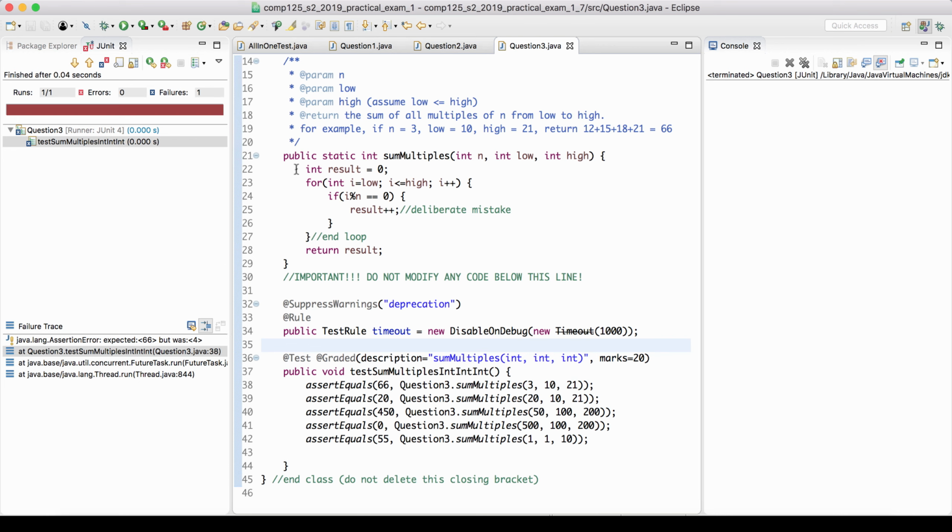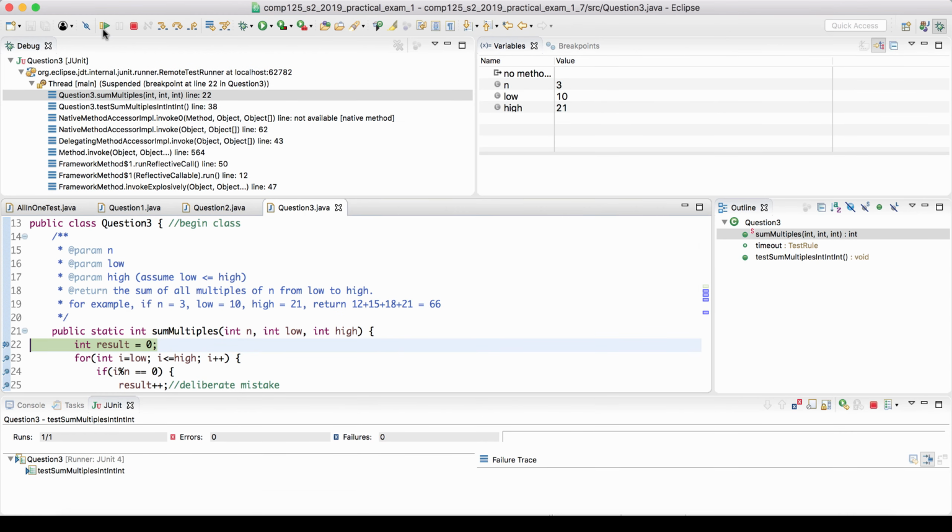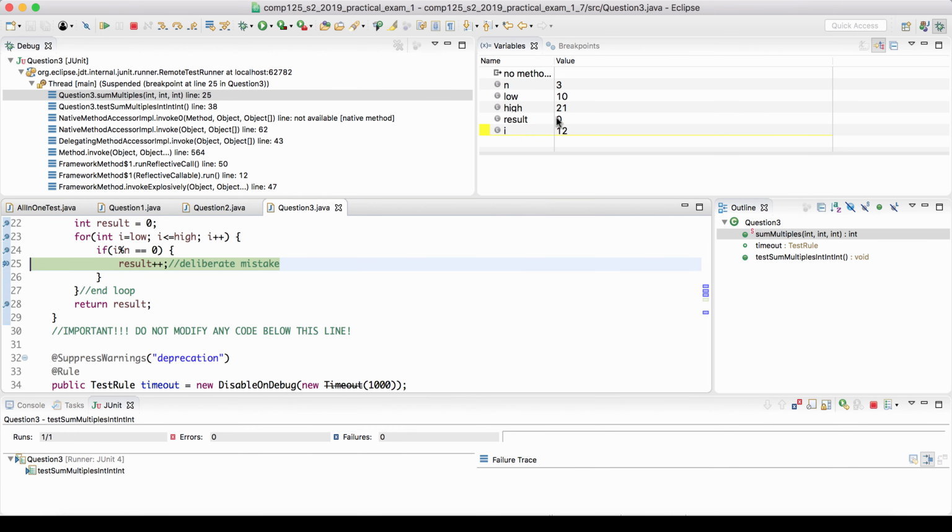You can place breakpoints in your method on lines 22, 23, 24, 25, and 28, and debug the code by clicking on this debug icon. You can see that it enters the code with n equals 3, low equals 10, high equals 21. When I resume, result is 0, i equals 10, but 10 is not a multiple of 3, so i becomes 11, is not a multiple of 3, i becomes 12, 12 is a multiple of 3, so result increases by